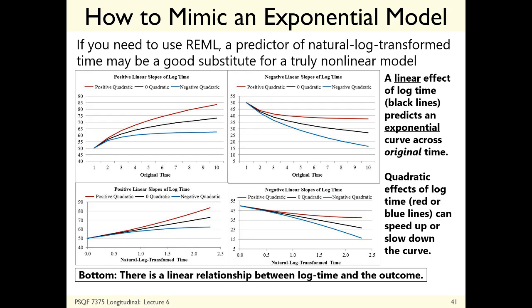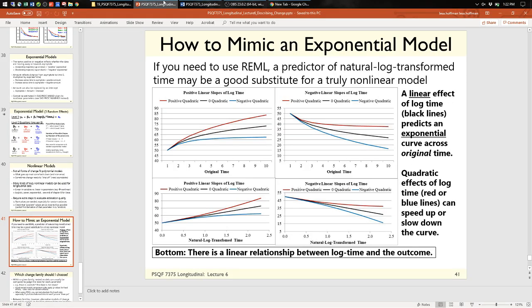Linear and quadratic effects of log transformed time look like exponential curves. So on the top 2 pictures, I have the original scale of time, and the curves are given by either positive quadratic, which is the red line, no quadratic, so this is a linear effect of log time, or a negative quadratic, and that one in particular looks a lot like what we might need. On the bottom 2 pictures, the x-axis is log transformed time, so that you can see that the model that has no quadratic is a linear effect of log transformed time. So that was the last set of models